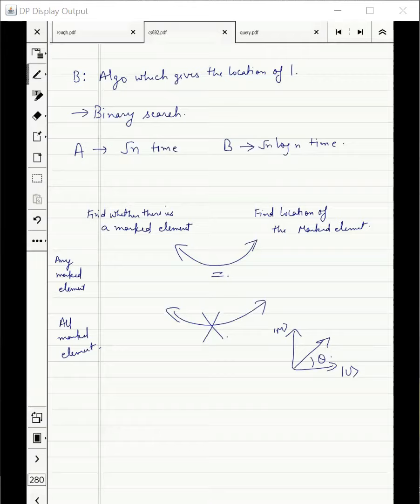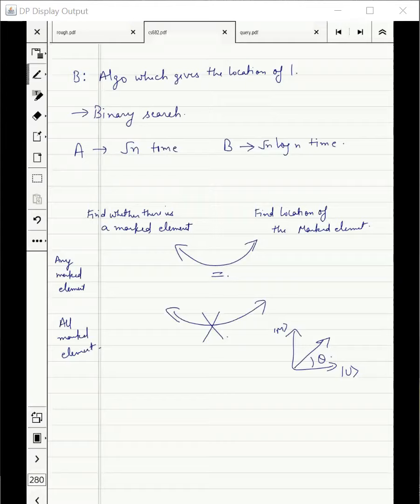So why is the problem becoming harder if we have more than one marked element, if I have to give the location of all the marked elements? Okay. When we have more than one marked element, we will get with higher probability the location of one of those marked elements. So when we iterate multiple times, we will get many. Yes, but we'll have to iterate them, right?